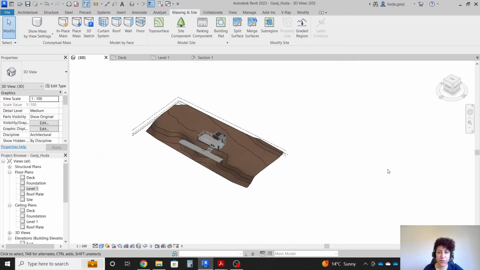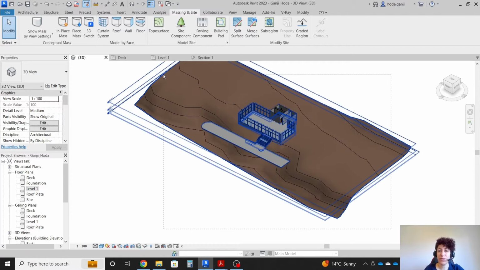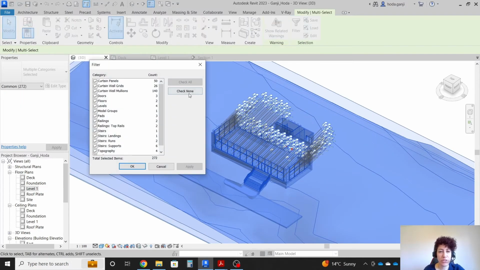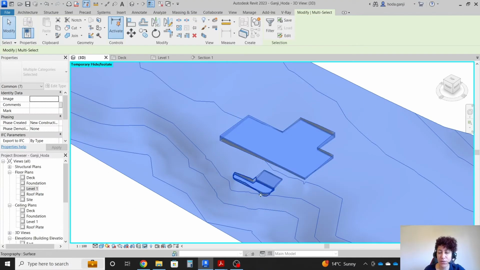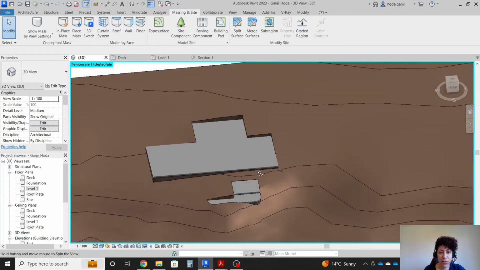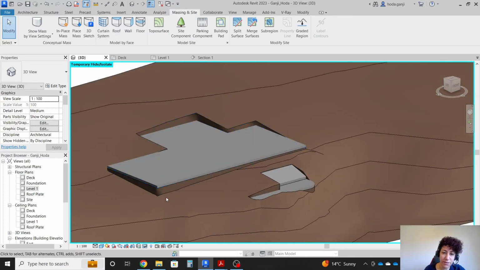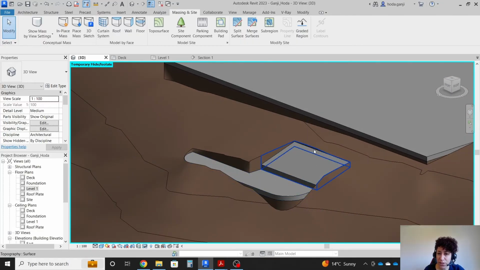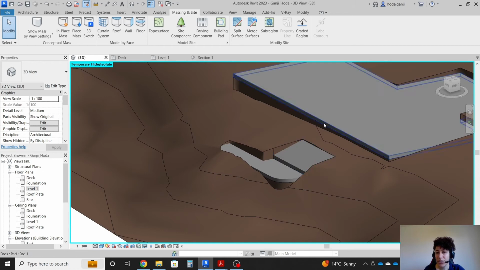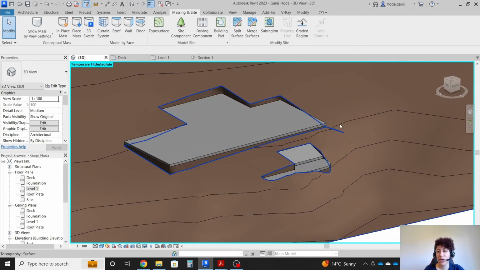If I hit TW, just to show you what happened here, I want to select everything, go with filter, check none, and I just want to show you all the topography elements and the pads. Okay, and here I want to say isolate the category. So now you see we cut a little bit of the soil over there. We had a little bit of fill here, right? This side is a fill, that side is a cut. We have a little bit of cut here and a little bit of cut here, and I just didn't fill the rest of it because the stair and the rest of the deck can be suspended in the air, which